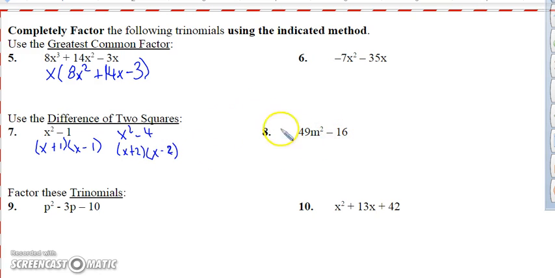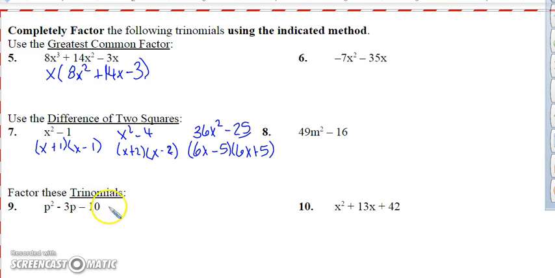Maybe one like this, you could have 36x squared minus 25. So just take the square roots of each one. So this is 36, so we'd have 6x minus 5 and 6x plus 5. So over here, just look at your square roots of each term. You'll have plus or minus, the middle terms have to cancel, but then that last term has to multiply to give you this. All right, factoring the trinomials,